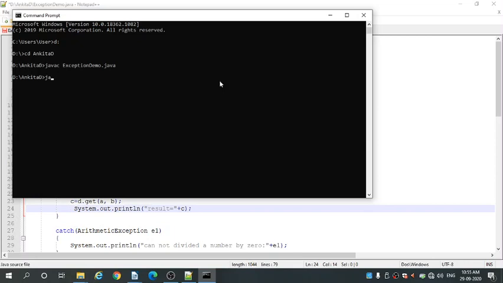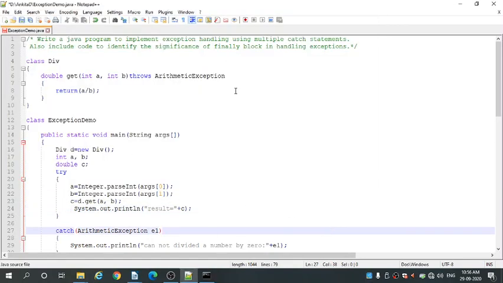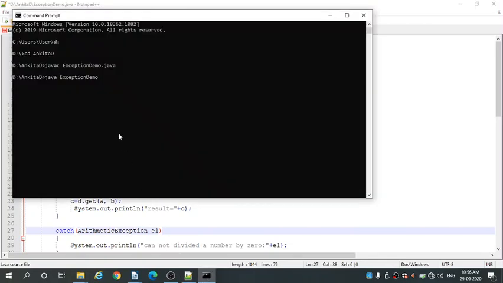Then comes the run command, java ExceptionDemo. The program asks you to pass the values for a and b, and it is a command line argument. So you have to pass the values for a and b here only, at the time of running the program.